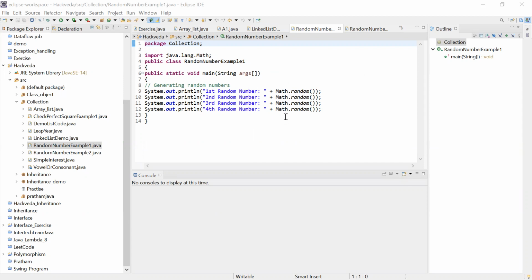So how are you going to generate a random number in Java? There is a math library. Just like in C language you might have studied the math.h header file, when you import it, you are able to use various mathematical operations, right? Similarly here also it is the same. This random function inside the math library, you can use it to perform various mathematical operations. So let me run and show you.